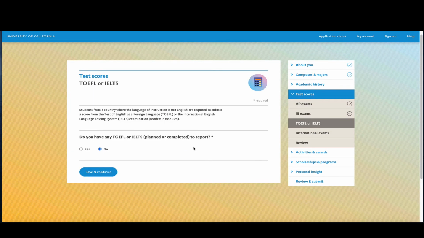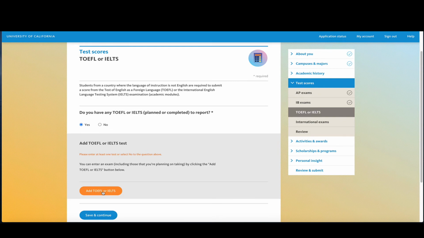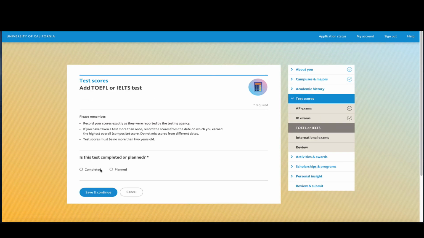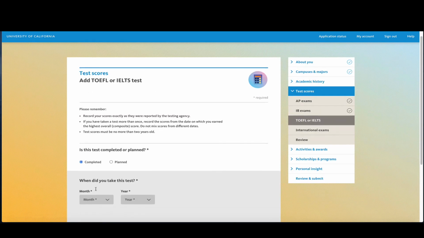This third section is TOEFL or IELTS results. So if you didn't take it, you're going to click on no, save and continue to the next section. But if you did take it, you're going to click on yes, and you're going to say add a TOEFL or IELTS. Now you're going to click on whether you completed it or plan to complete it, the month in which the test was taken,